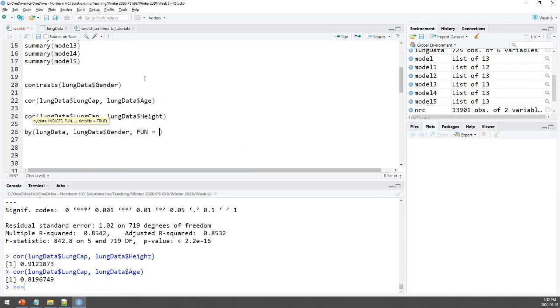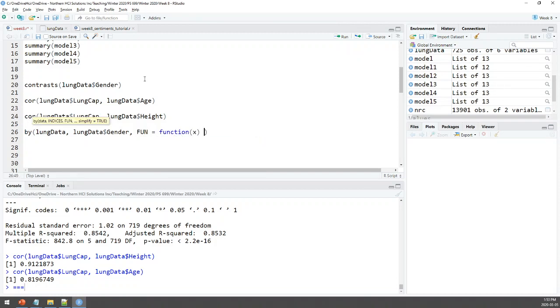And now the function. Before, we've looked at the by function and we've done a little bit of grouping, and we've specified something like mean or some other way to say, okay, give me the total number of crimes per fiscal year. Well, what we're going to do is write our first custom function, because if we were to say core right here, R would kind of go crazy. It doesn't know what to do with that. So we're going to write a function,